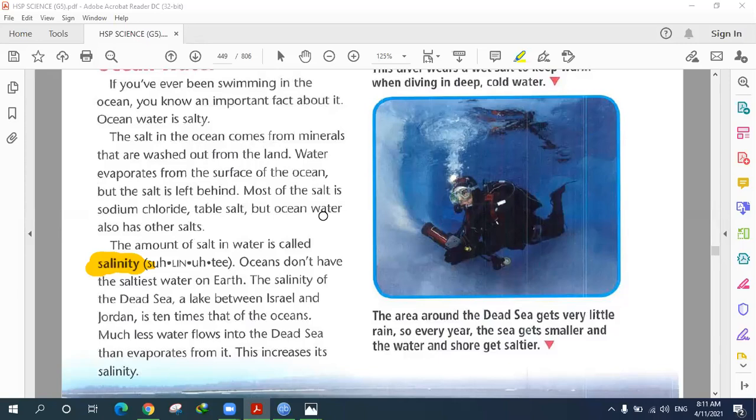Do you guys remember the water cycle? When we talked about the water cycle, evaporation, condensation, precipitation. Evaporation happens when the sun heats the water surface, and all the water turns into gas or evaporates, and then it moves up to the sky, and then it condenses or turns into liquid again, forming the clouds, and then the clouds will precipitate, it will cause the rain to fall. But what you guys need to know is that it's only the fresh water that evaporates.